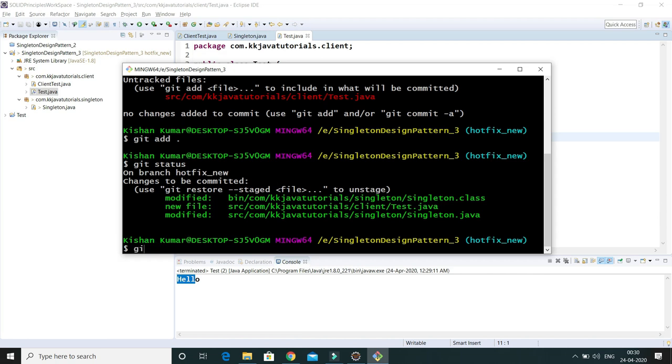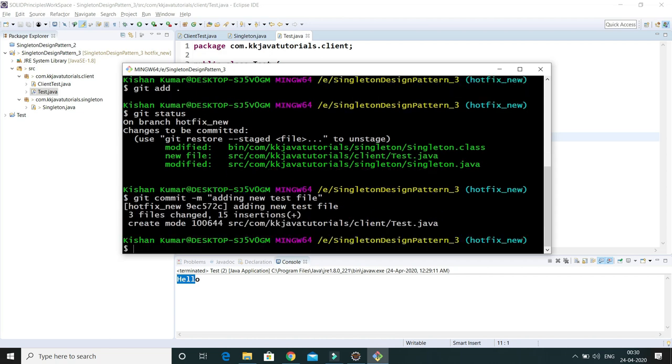For that we use git commit, hyphen m, and then specify the commit message. I'm going to write adding new test file. Now I press enter, and this change has been added into my local repository.